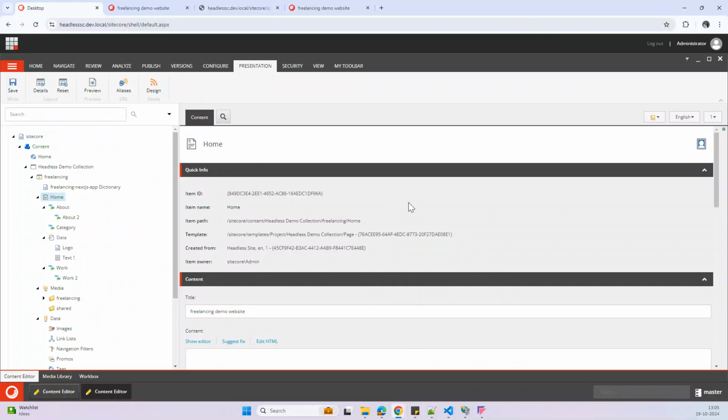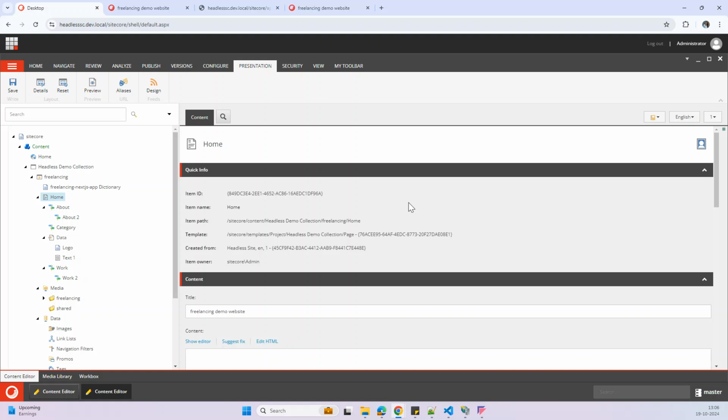If you worked on the traditional rendering system in Sitecore, there are two types of rendering, right? The view rendering and the controller rendering. In the view rendering, we can directly render the HTML, and if you want to do any minor logic, we can directly add it in the CSHTML file. Another is controller rendering. For controller rendering, we have to create the controller, the CS file, and write some business logic,